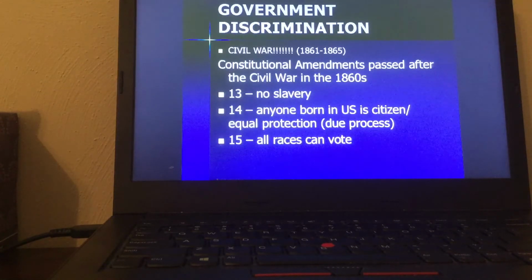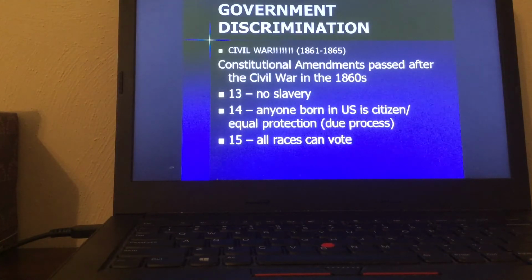The Civil War occurs a few years later, and as a result of that, we add 3 amendments to the Constitution. And you remember how an amendment's added? It's 2/3 of Congress, 3/4 of states. And so the 13th Amendment made clear after the Civil War ended that slavery was abolished. No state could allow slavery, no more slavery anywhere. The 15th, and I'll come back to the 14th, the 15th said that people of any race can vote. So you can't take away somebody's right to vote just because of their race.